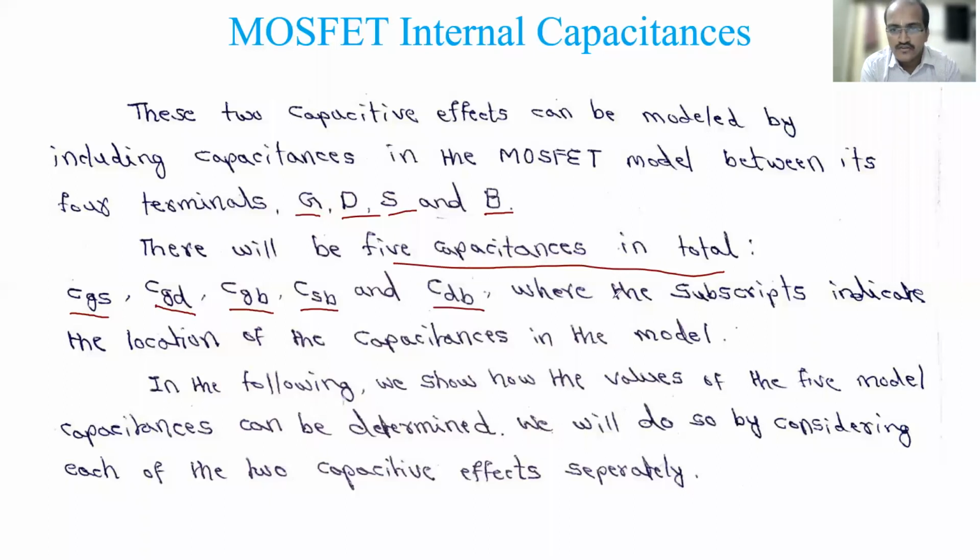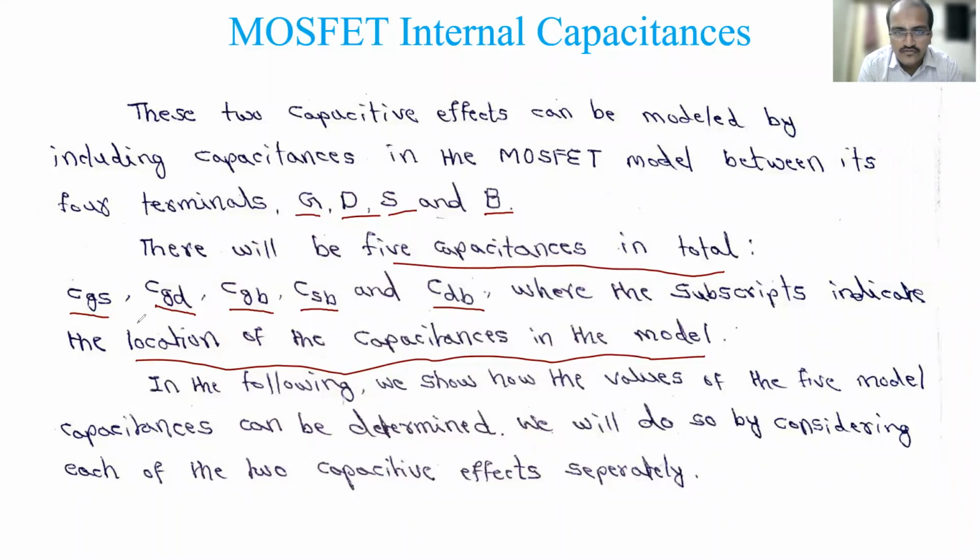calculation. So here the subscript indicates the location of the capacitance in the model. This subscript only indicates where these capacitances will exist in the model. So gate to source, gate to drain. You have already seen the hybrid pi model of the MOSFET. So you have seen the gate, drain, and source terminals. In between those, these capacitances will come into picture. I will show you the model at the end. So first we'll understand these capacitances, their definition, their determination, how we do everything.